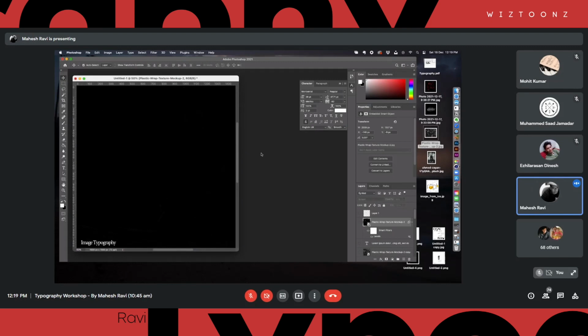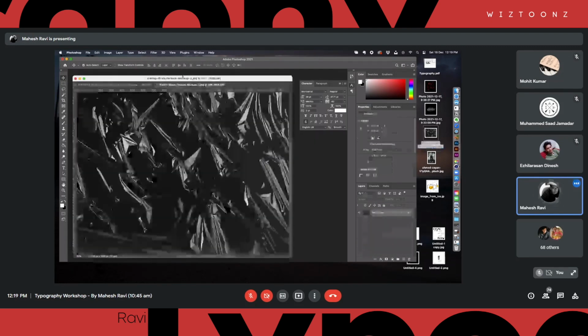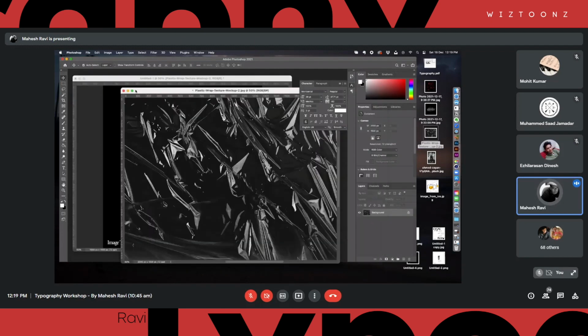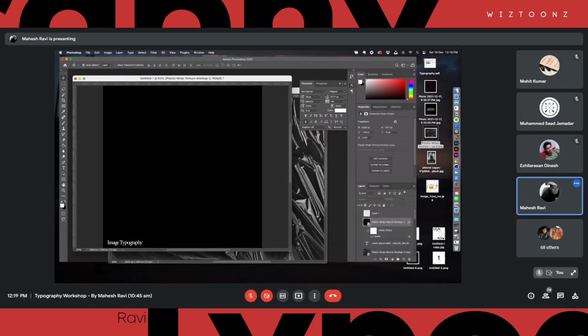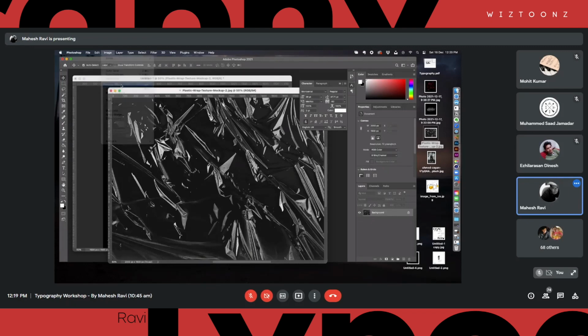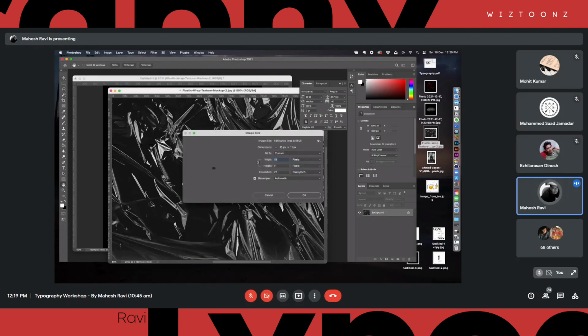Okay. So a displacement map is basically something like this. I'm going to scale this to 1500 by 1500.